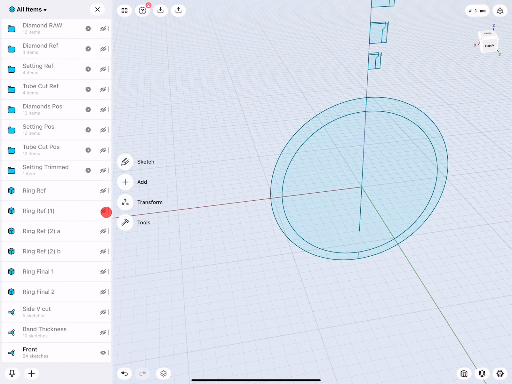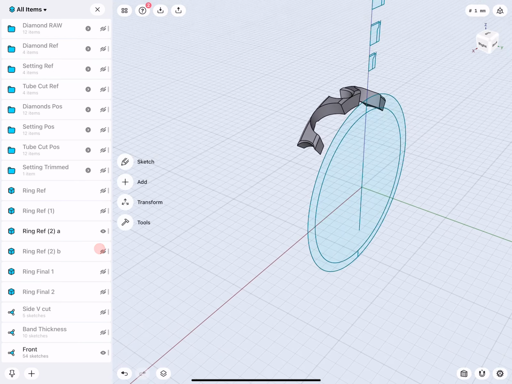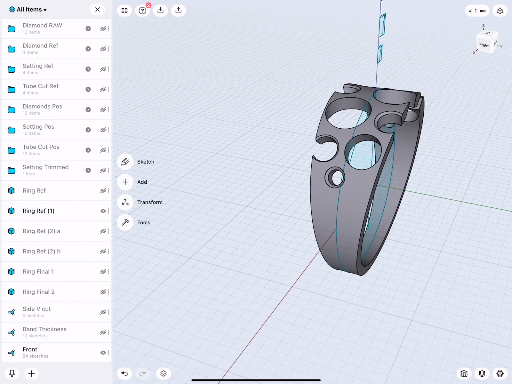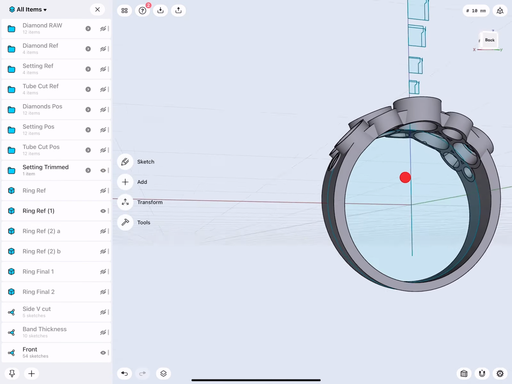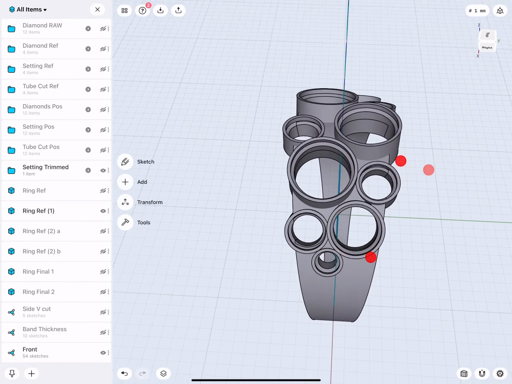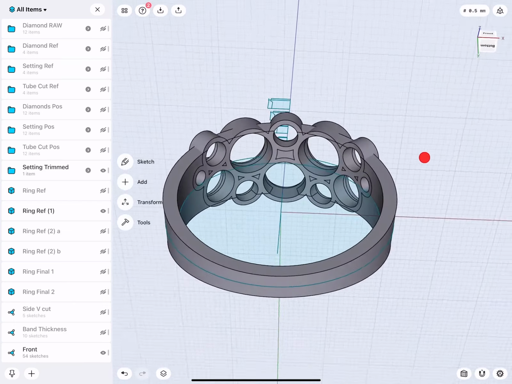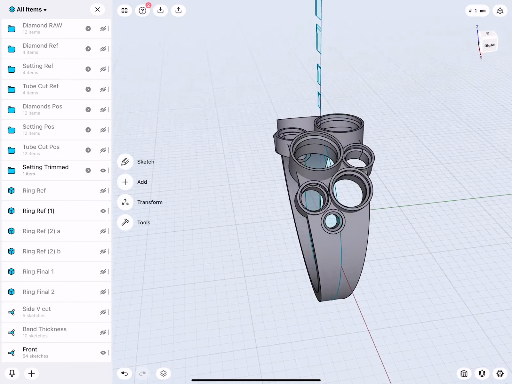So this was one step. And yeah, what did I do here? So I started to think about, so if I have my settings on there, do I really like all these holes there in between? The settings are actually connected, so they are quite strong. Do I really need to have the material of the band there in between?